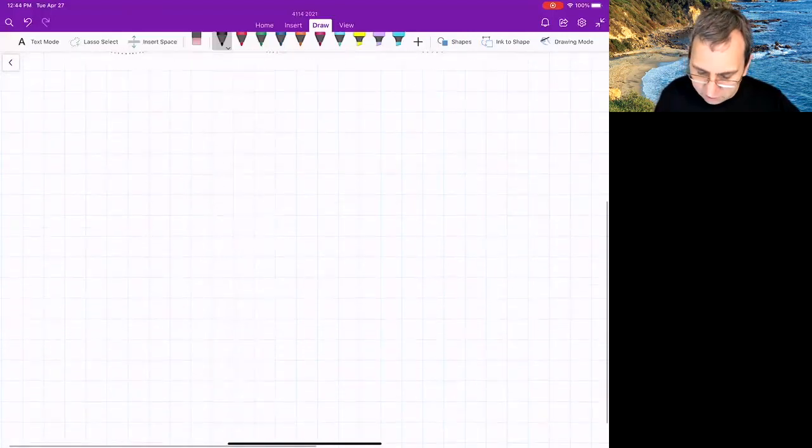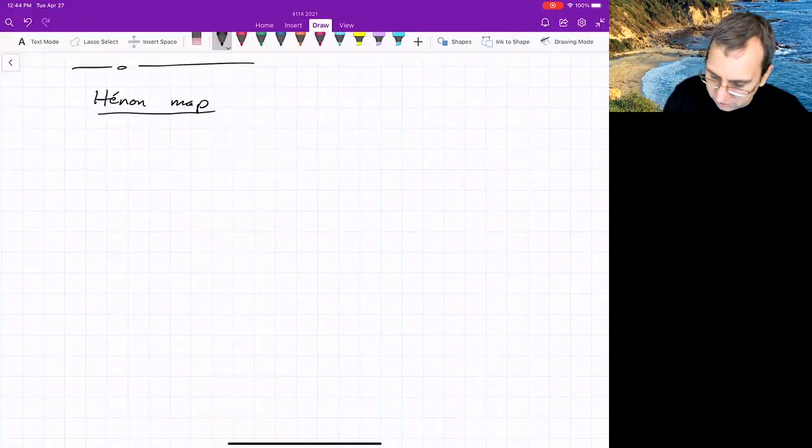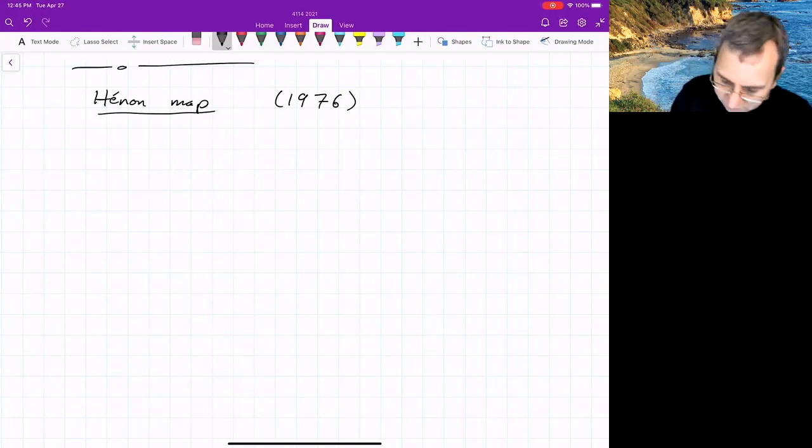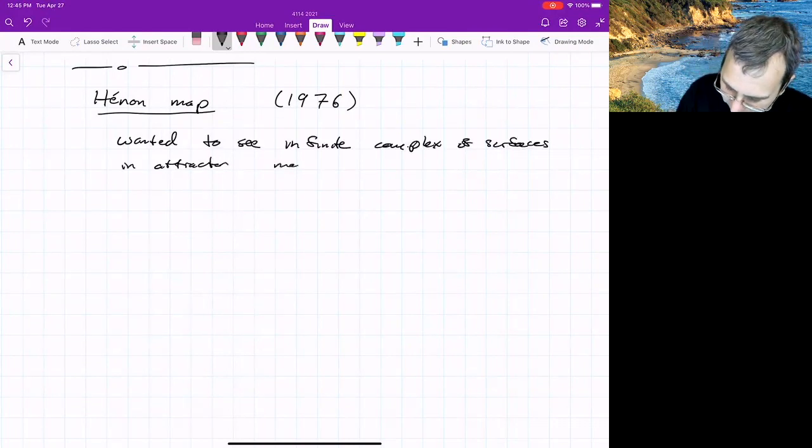This is the Hénon map, and he published this in a paper in 1976. You notice there's a lot going on in the 70s, because this is when people had rediscovered Lorenz and were really excited about, wow, chaos, what are strange attractors? What's it all about? So he wanted to see the infinite complex of surfaces in the attractor mentioned by Lorenz